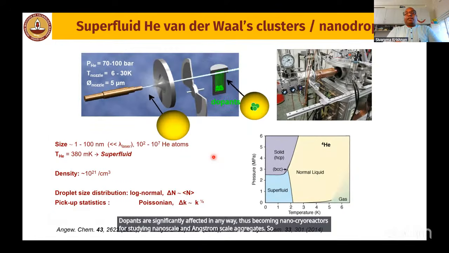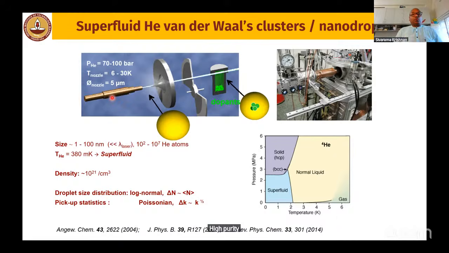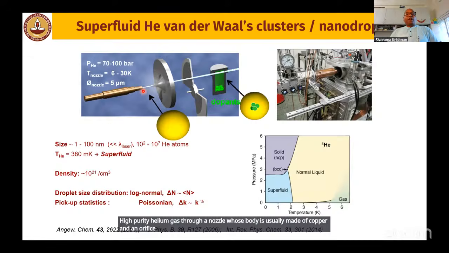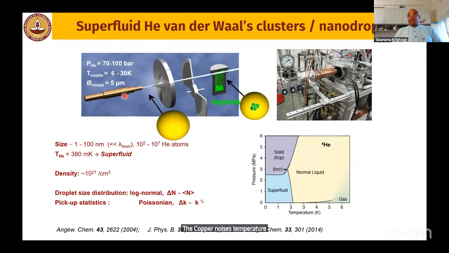So, how do we make these helium clusters in the lab? These are formed by pushing high purity helium gas through a nozzle whose body is usually made of copper, and an orifice which is a 5 or 10 micrometer hole drilled onto a platinum film, both of which are attached. And the copper nozzle's temperature is varied between 5 to 30 Kelvin, and